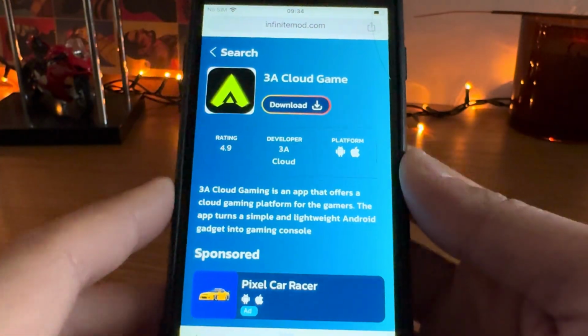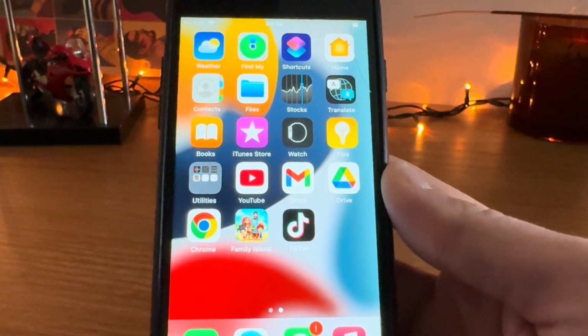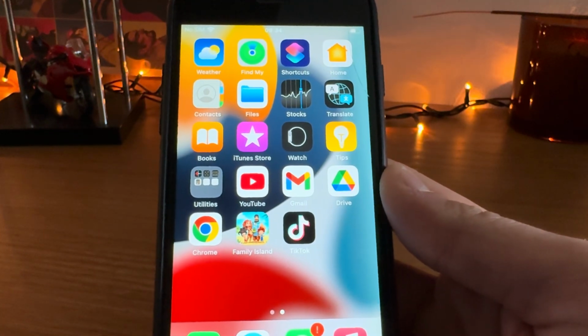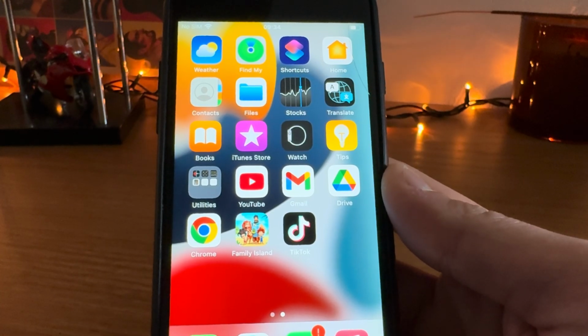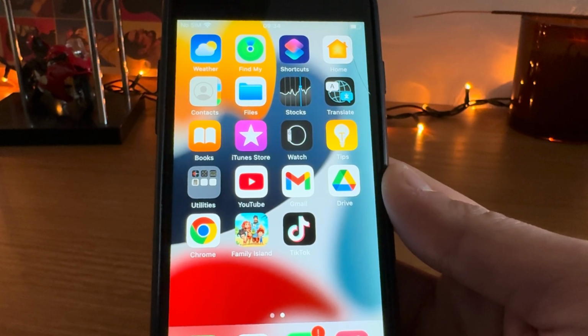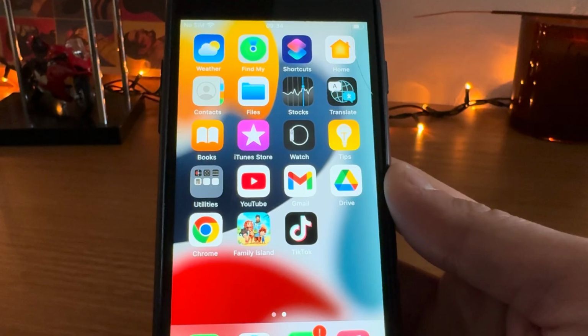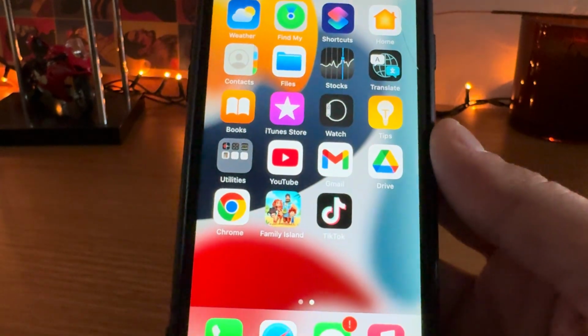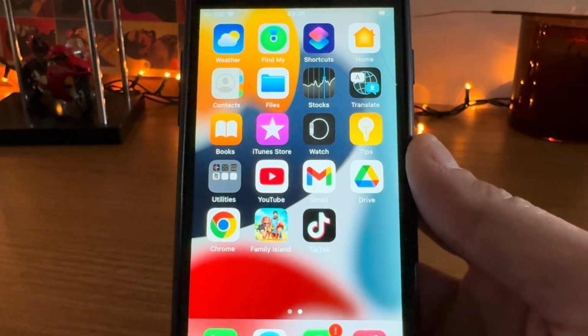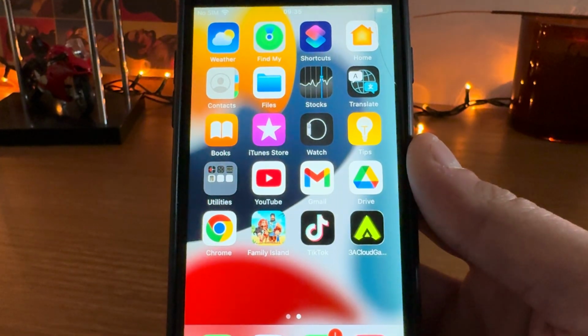So the download has started, and now what you need to do, guys, is just wait on the home screen till the injection and the download are performed on your device, and that depends on your connection speed and device operating system. So let's wait a little bit till everything is completed and I will show you. And there it is. So I'm going to launch it,